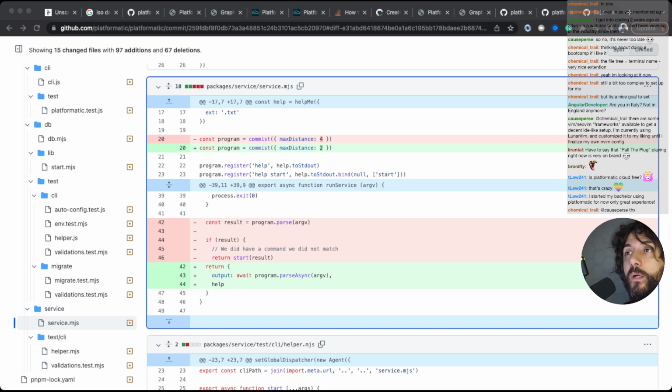Okay, what we need is basic config SQLite. And I'm going to copy this. CLI and fixtures. Platformatic DB.json.